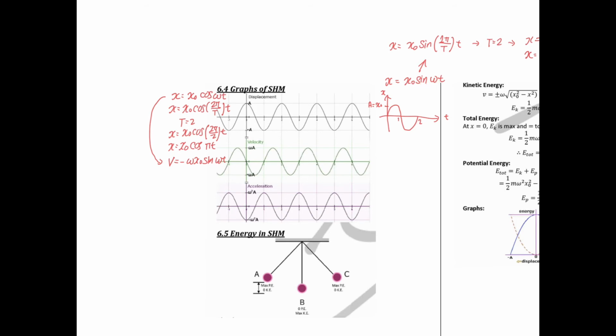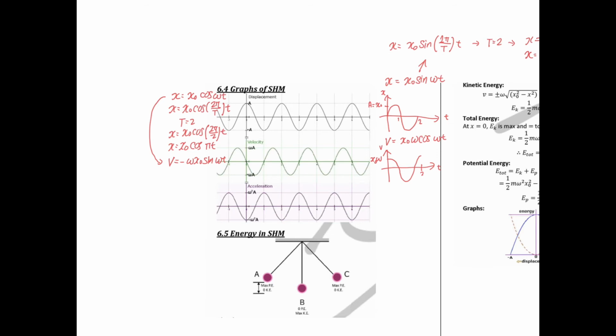If the equation is x naught cos omega t, then after differentiation, you get v equal to x naught omega sine omega t